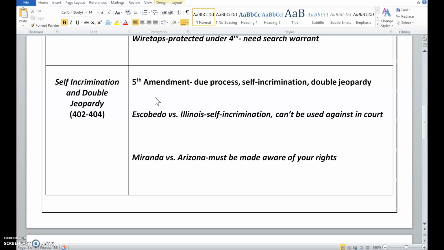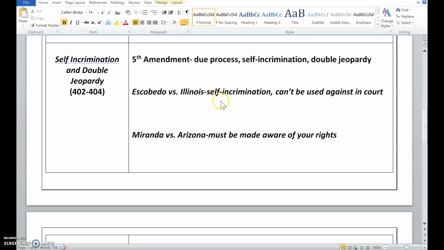He was found not guilty, and it did seem like he actually killed his brother-in-law, but he got away with it because they went against his right against self-incrimination. Remember, you can plead the Fifth. He could have pled the Fifth too, but they continued to question him, and again, his lawyer wasn't present.